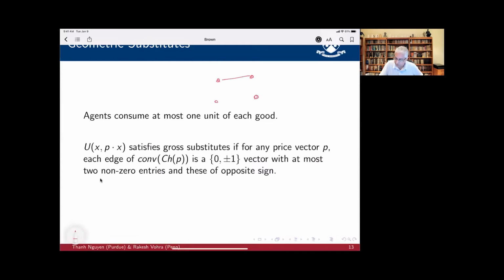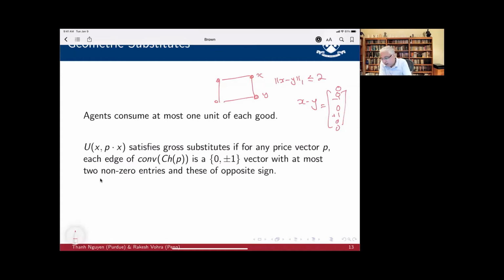Here it is. In addition to the L1 norm being less than or equal to 2, I need another condition on the sign pattern of the vector x, which consists of either zeros, ones, and -1, and at most 2 non-zero entries, and those have to be of opposite sign. So this is the extra condition that you need with gross substitutes, and under that condition,